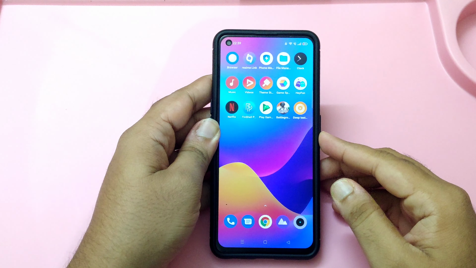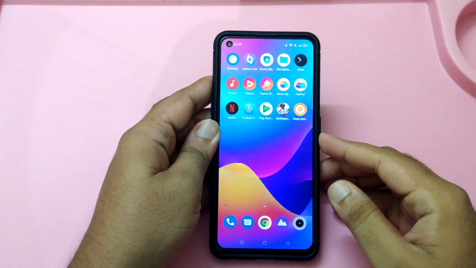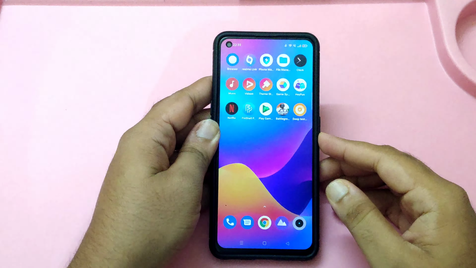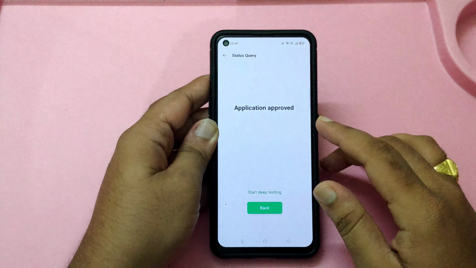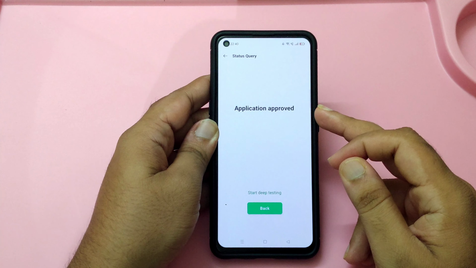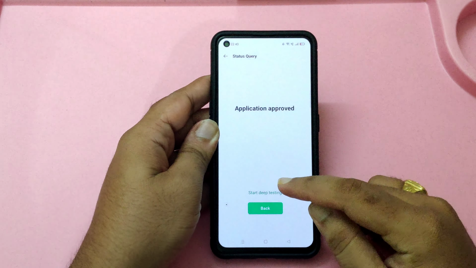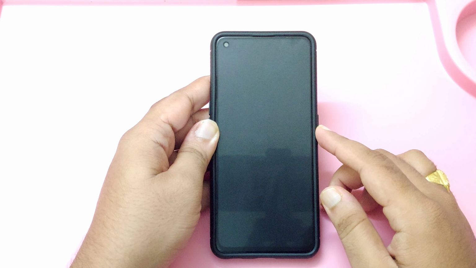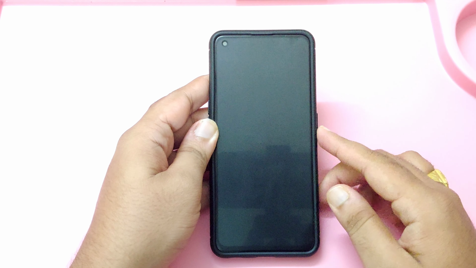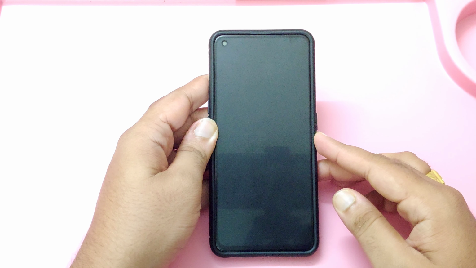So friends, after doing those commands and installing the ADB setup and also installing the platform tools, we just need to go to the deep testing application. As you can see, the application is approved, and you just need to click on start deep testing here. Once you click on start deep testing, it will be